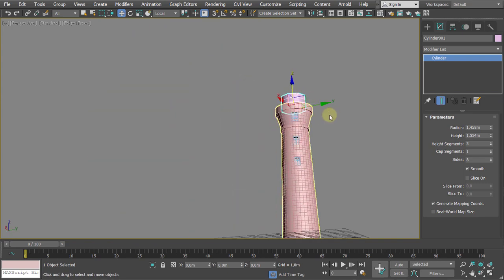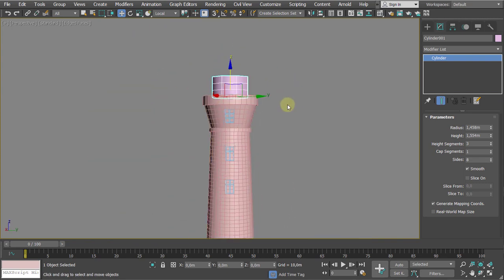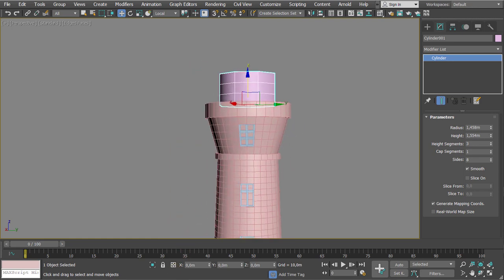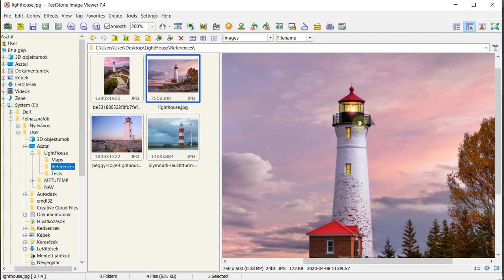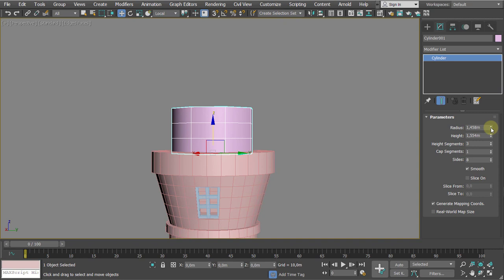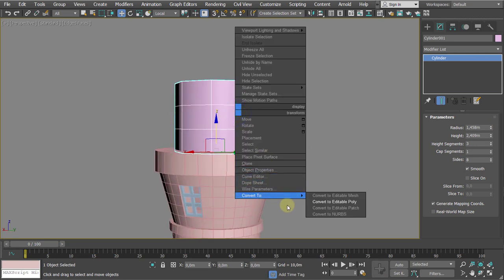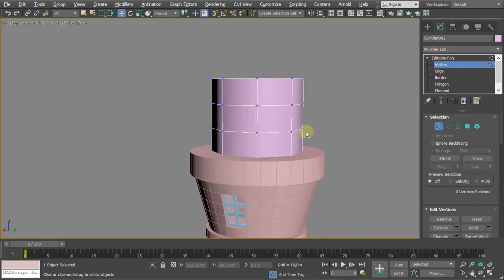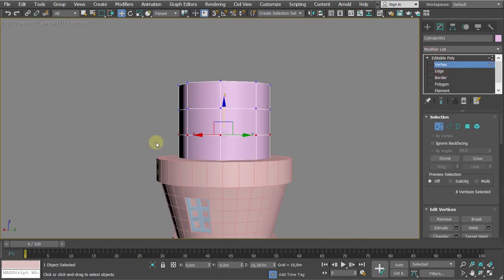So we have this building, and around this building there is a handlebar. There's a kind of fencing going around. Alright, so a safety bar here. We will do that as well, but right now we are focusing on the main body of the lighthouse. So probably the radius is okay. Maybe the height should be a little bit bigger. Okay, right, and we are converting it into an editable poly. And the number of segments is great, but